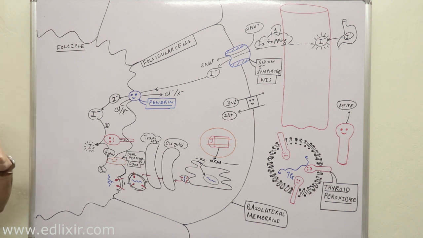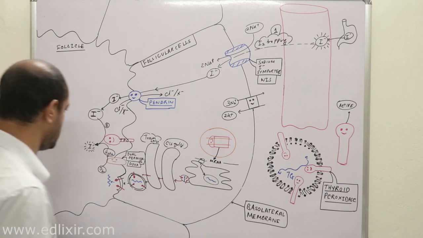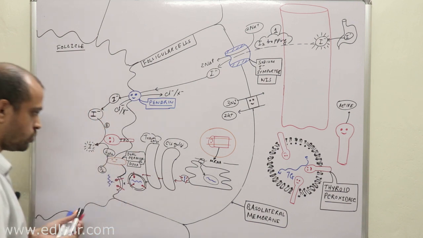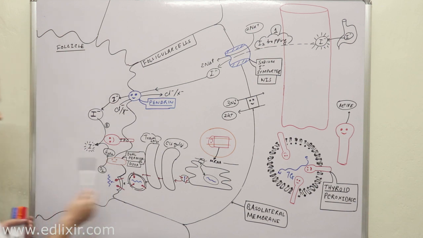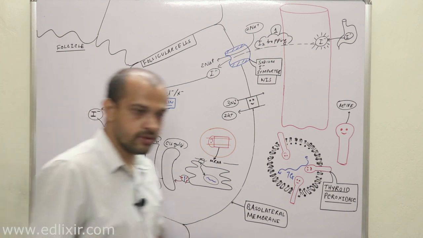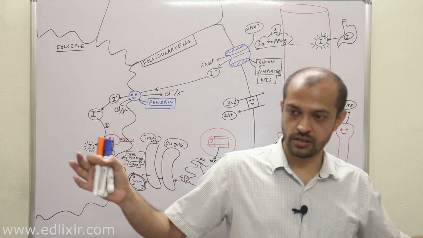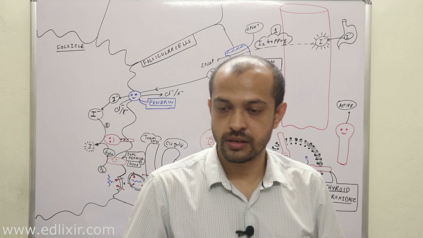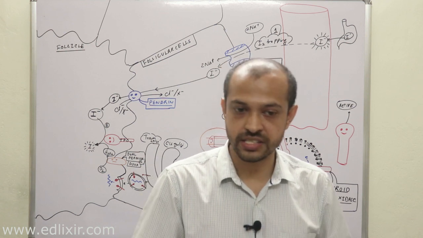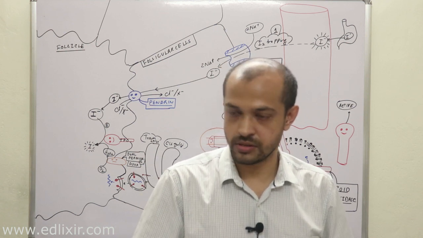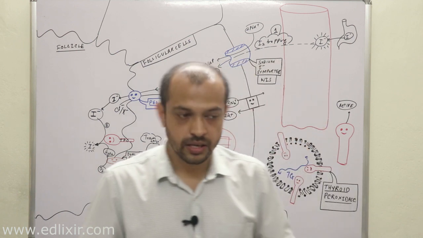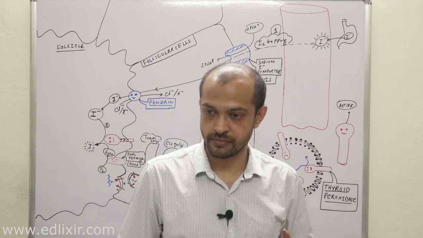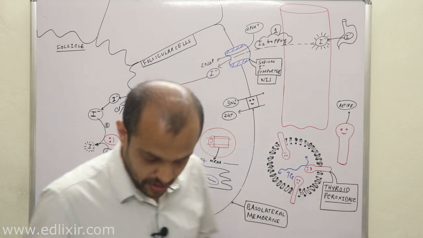Now listen with all your attention possible. Let me tell you another story which is very important for our discussion. What is thyroglobulin? It's a very large protein, but what is the peculiarity of this protein? This protein contains frequent residues of tyrosine. That is, it contains much more tyrosine than any other protein in your body. Clear? So this is the peculiarity of this protein.